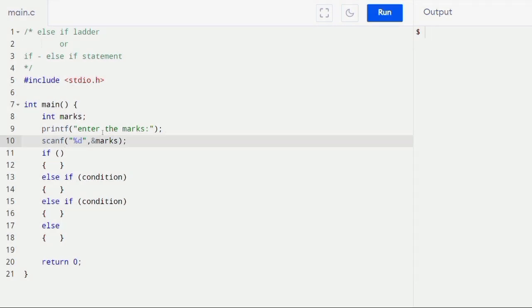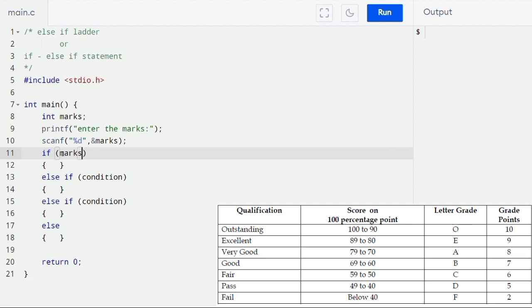I am taking the value of this marks from the user. Now I am writing the condition: if the marks is greater than 89, you can see here the marks is greater than 89, I am printing